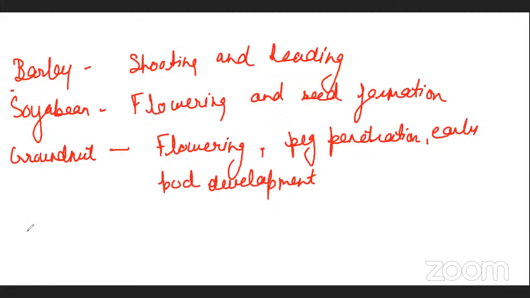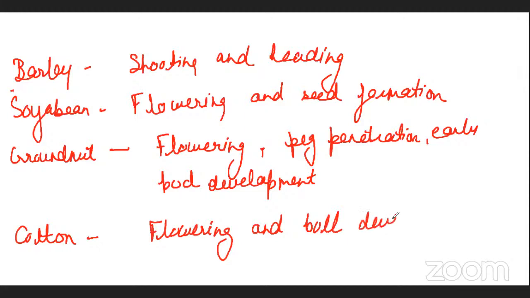Then we are having cotton, and in cotton, flowering and boll development means how much flower occurs, and after that that flower develops into the boll, because some insects usually affect these flowers and the boll development does not occur. Okay, or if at the time of flowering the wilting condition occurs, at that time this flower gets detached from the pedicel, and